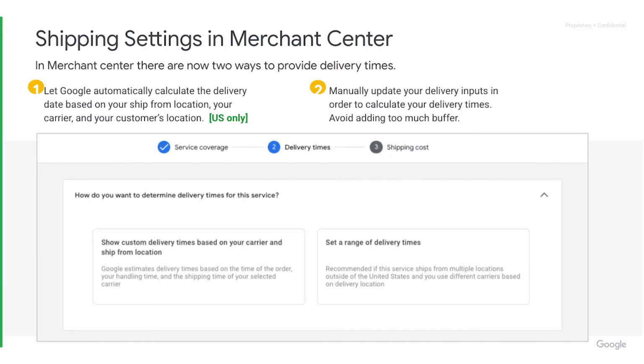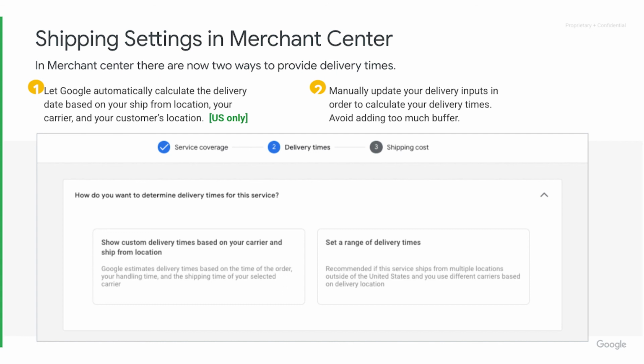In Merchant Center, there are now 2 ways that you can provide delivery times. First, you can let Google automatically calculate the delivery based on your ship from location, your carrier, and your customer's location. This is a fairly new feature, but we highly recommend it because it simplifies the process for you in terms of providing the most accurate shipping times for your products.